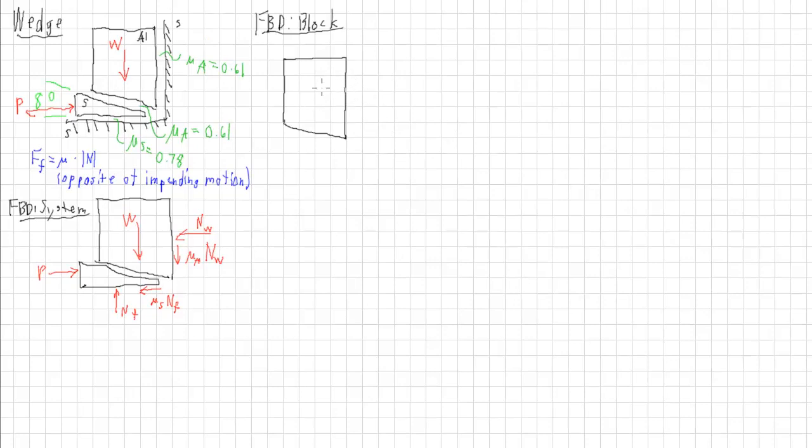All right, so we have our block and a force down, the weight of the block, and we have a normal force coming in from the wall, and we have the frictional force at the wall as shown before, and we have here some frictional forces at the interface. So we have a normal force at the interface,